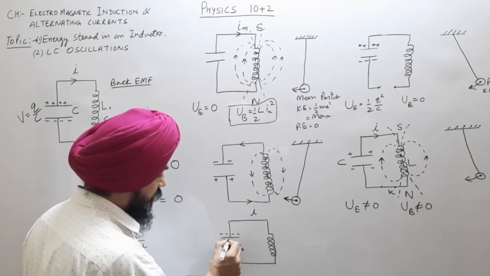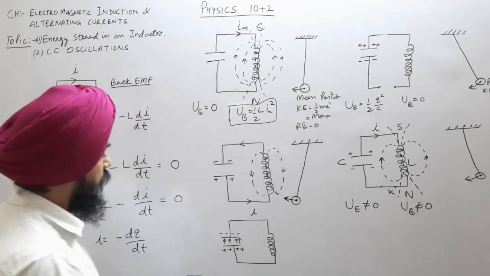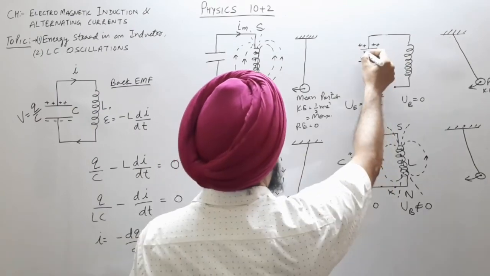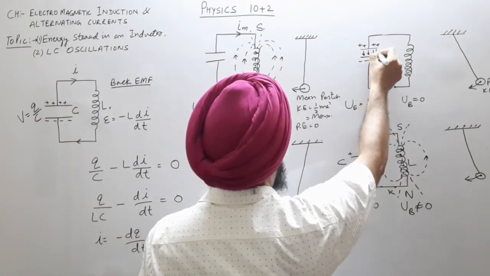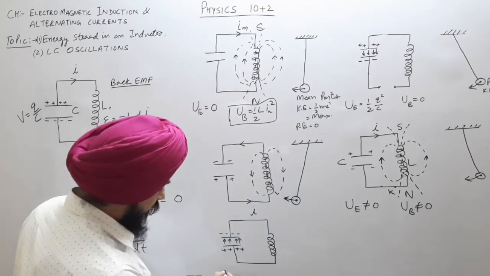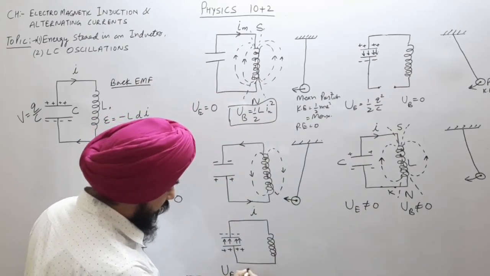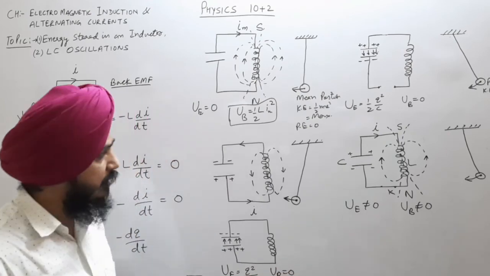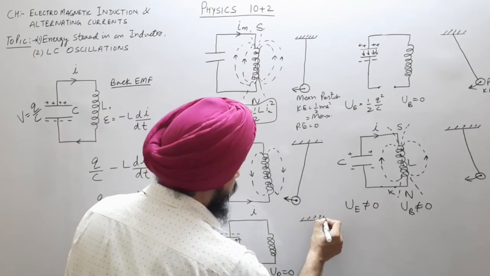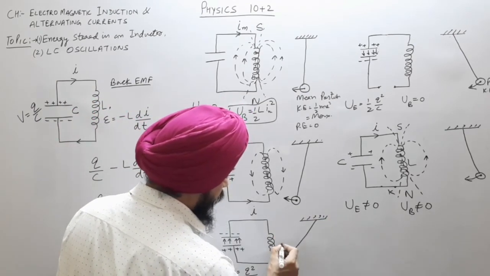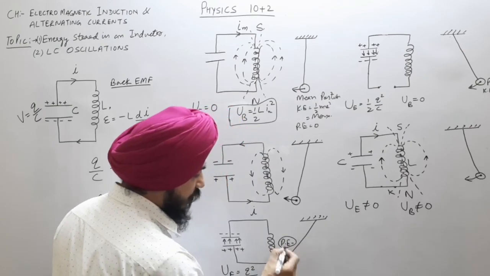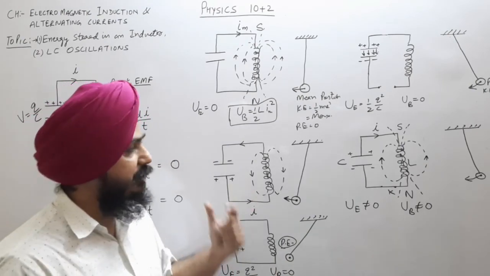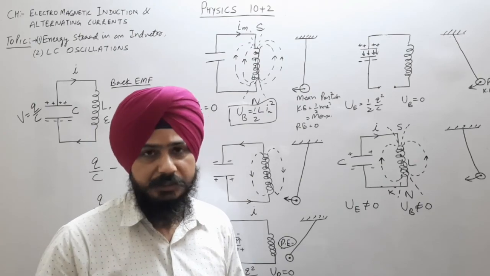And our electric field is from downwards to upward, but in the first place, our electric field was downwards. So this is the case. Here again, electrical energy is Q square upon 2C and magnetic energy is 0 again. So our mechanical system has reached the second extreme. Here its potential energy is again maximum, and kinetic energy is again 0. So this is why these oscillations are called LC oscillations.